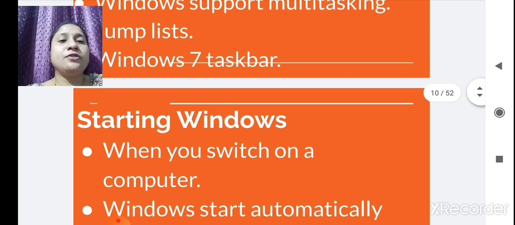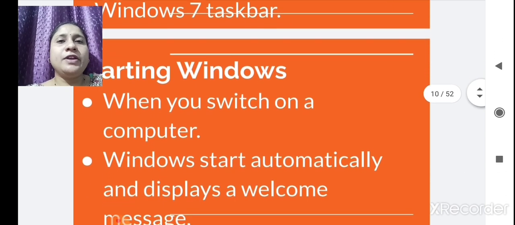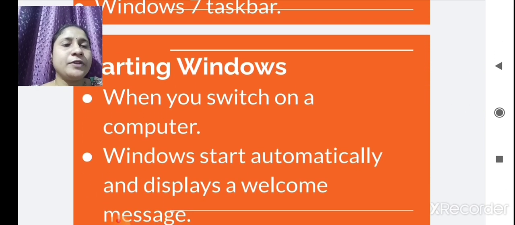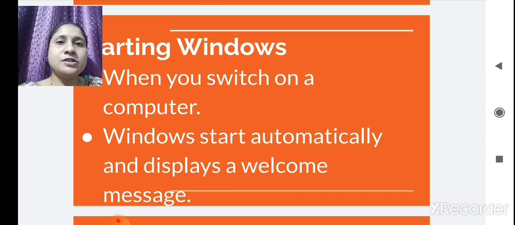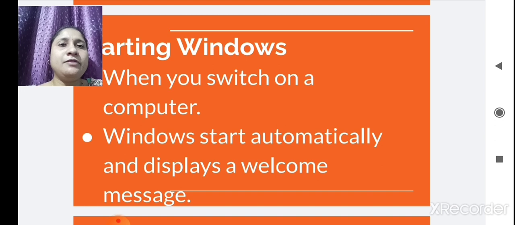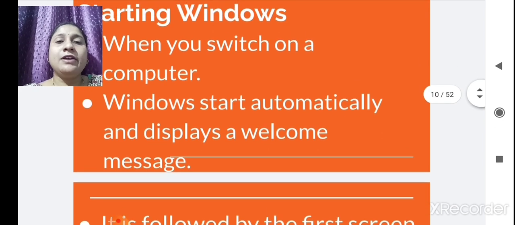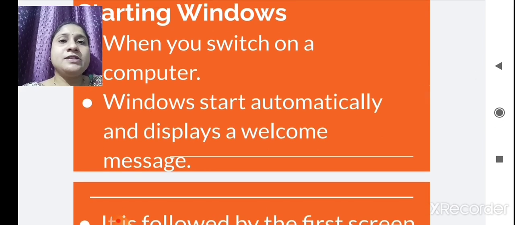Then, starting Windows. How to start Windows? When we switch on a computer, a window will appear automatically. For Windows there are 4 colors: orange, yellow, green, blue will appear, and it will show Windows XP, Windows 7, Windows 10. This is nothing but our Windows starting. When the window is open, you will see the blue screen.